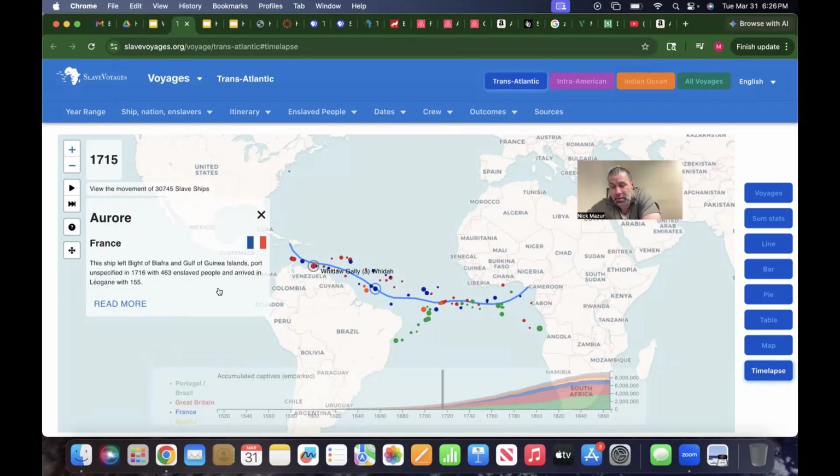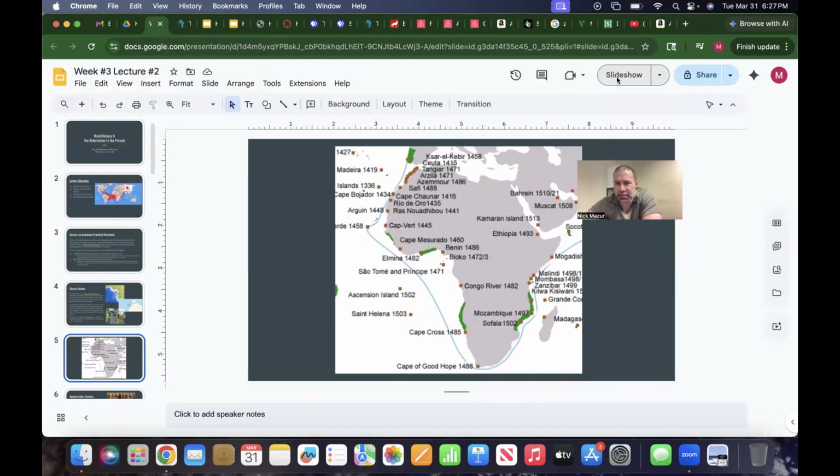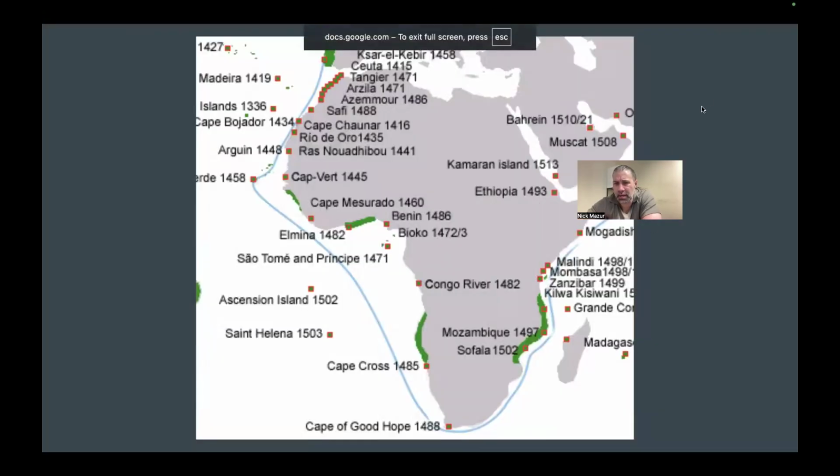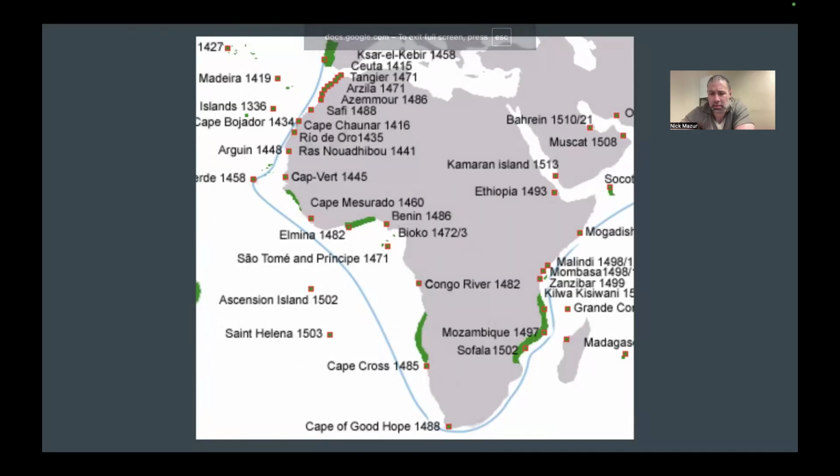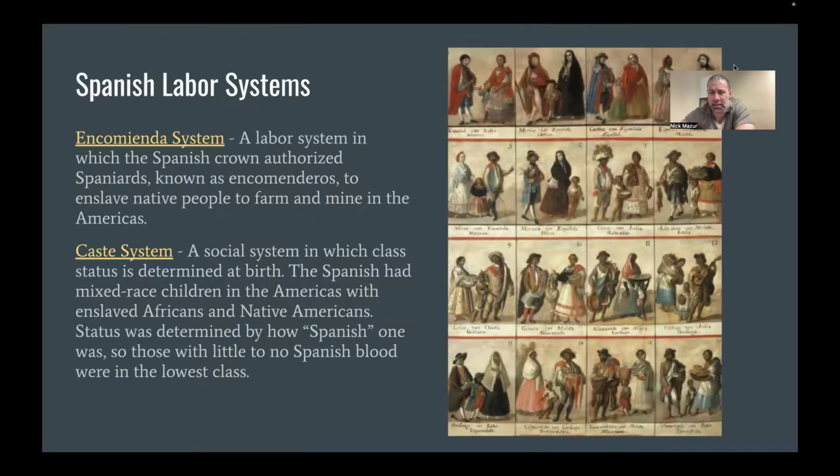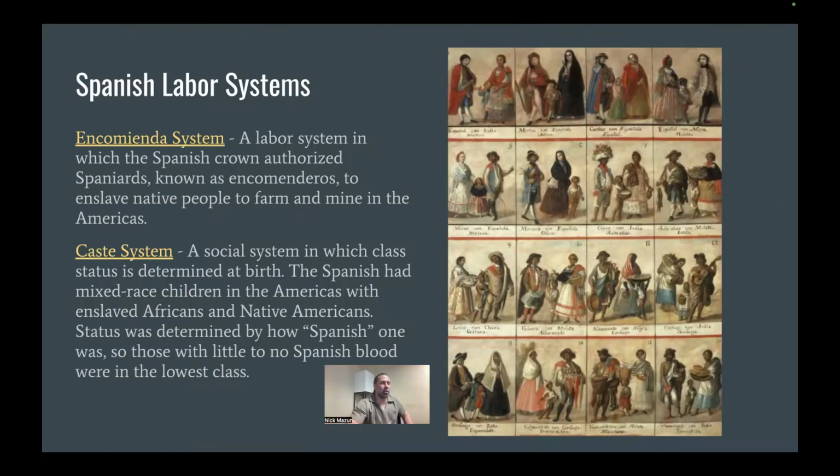That's over half of the people didn't survive this trip, right? So, when you think about this, take a look and ask yourself, when you're looking at these trips and these processes, how exactly does this take place? Now, what's interesting is that when we want to think about how exactly and why exactly slavery becomes established as a system where it is tied to birth, we have to take a look at some of the early labor systems that existed under Spain and Portugal.